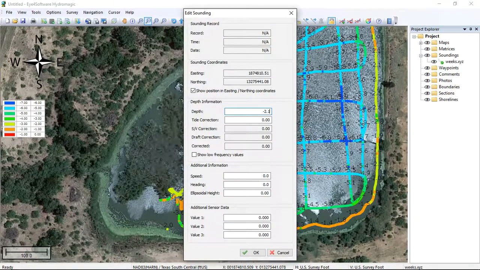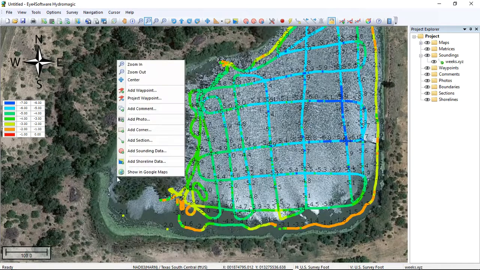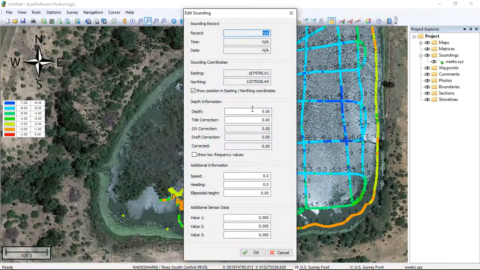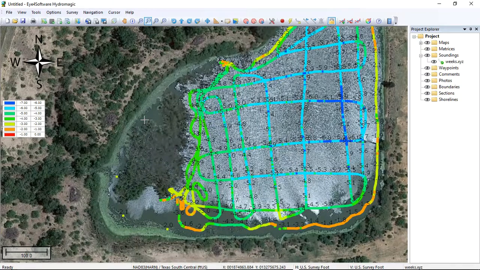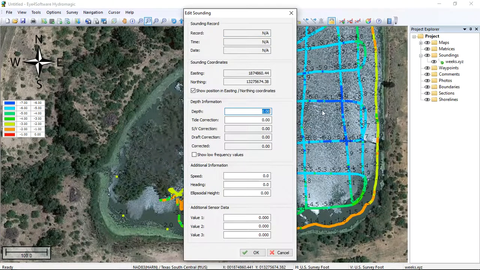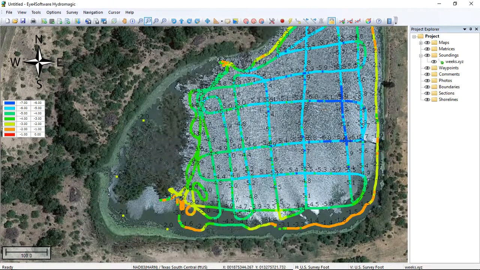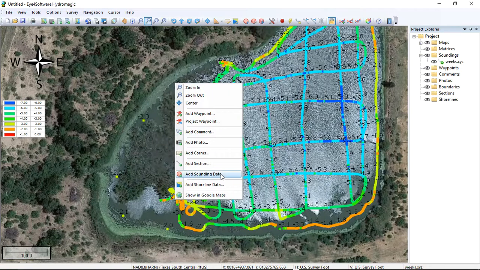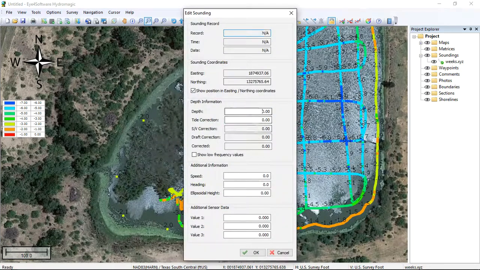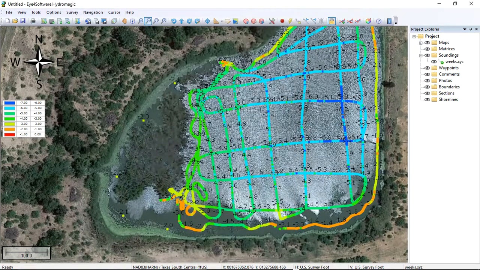Let's say -2.1. We'll add another one over here. Add shoreline data. -2.2. We'll get a little bit closer to the shore. Add sounding data. -2. Let's put one right up here. Add sounding data. -2.1. Now, whenever we run our matrix, which is going to be the next step here, it's probably going to